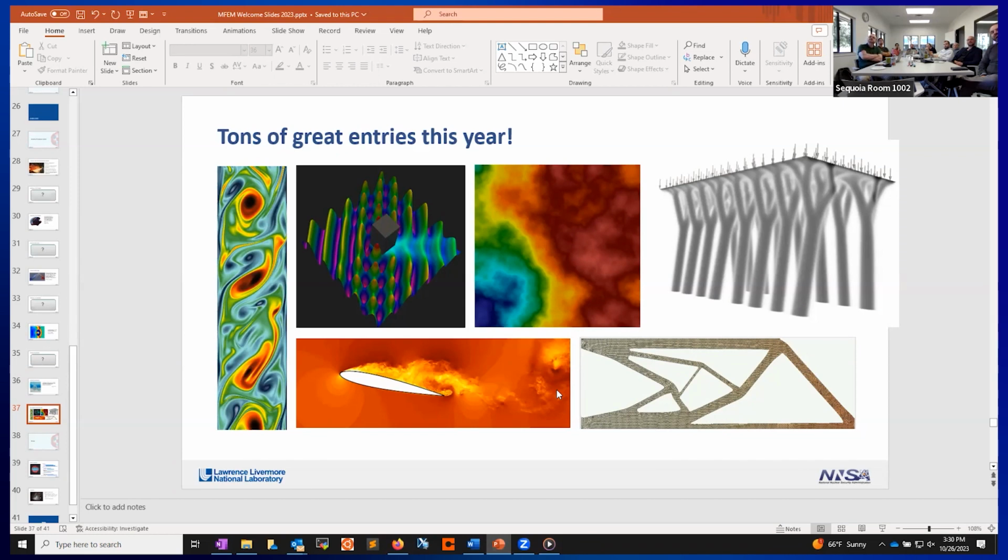There were multiple shape optimization ones, some really cool wave phenomena, and obviously some great CFD work as well. All these great images and videos will definitely end up on the MFEM webpage. Thank you all for entering the contest, even if you didn't get away with a t-shirt. But please try again next year.